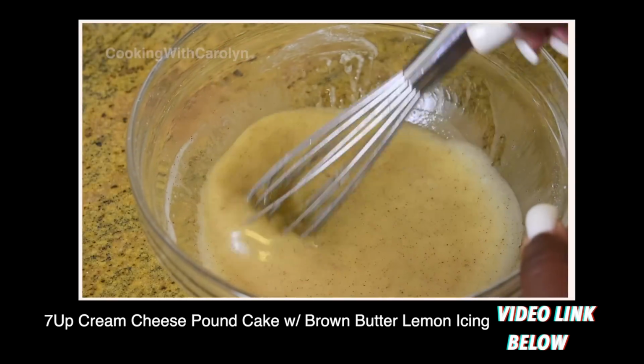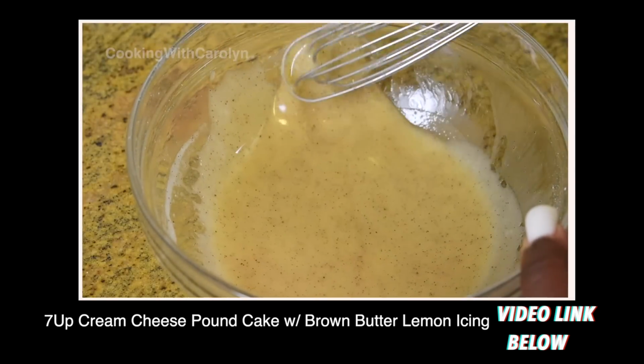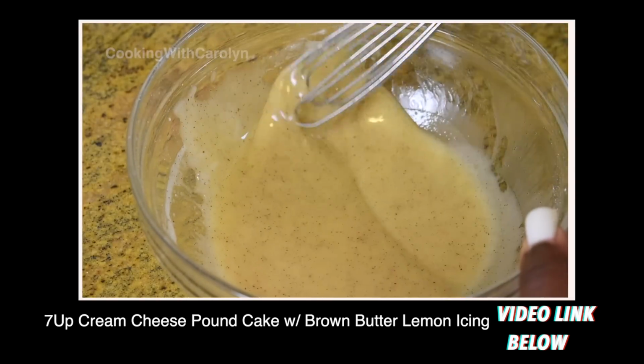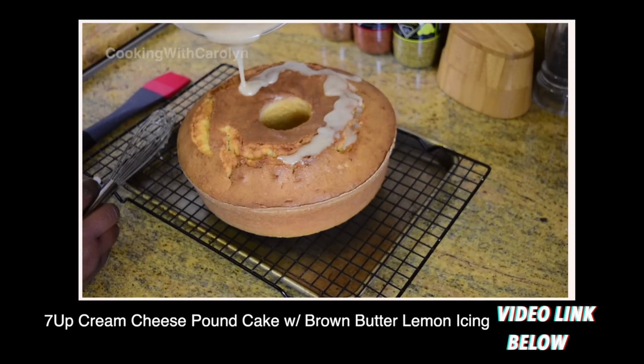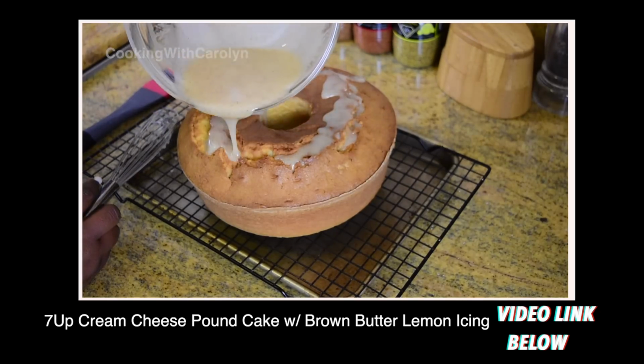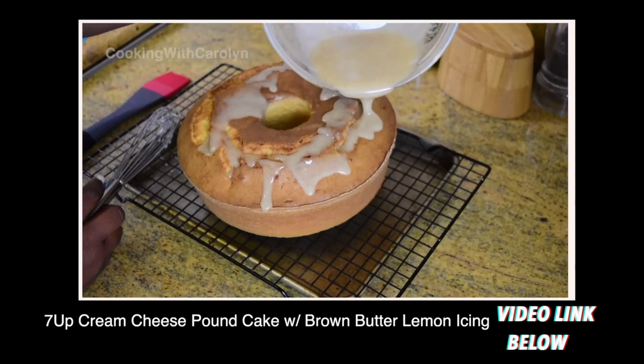And just to let you guys know, this icing can go on my other lemon cream cheese pound cake. It can go on my regular 7-Up cake. I will leave the links to those videos below also. What you can do now is just pour the...